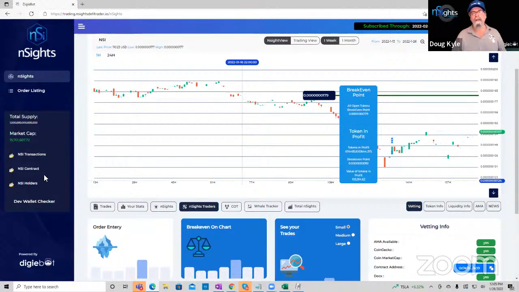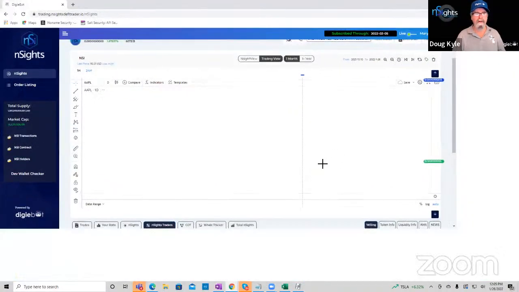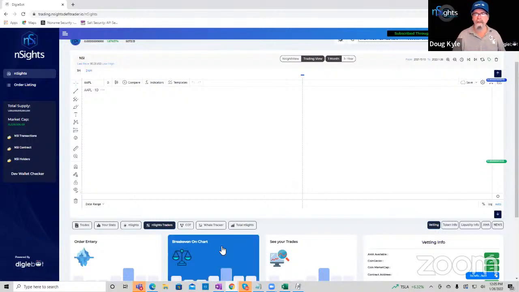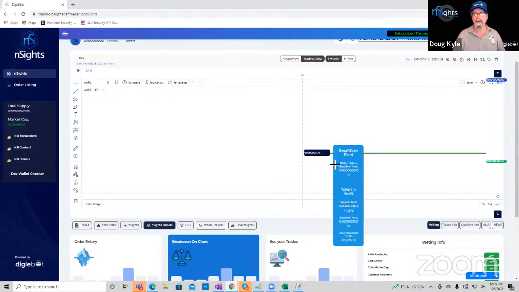The other thing that I talked about yesterday, and I wanted to show you on the charts themselves, I have it loaded here. We have TradingView now on here. We'll have to be putting TradingView's logos and stuff on here and actually hooking it to our token database so that the candles will show up correctly. But one thing I wanted to show, which was very cool, is that the break-even point is showing up on the